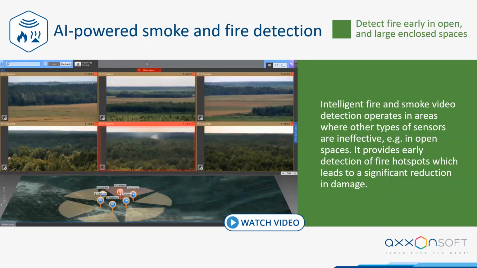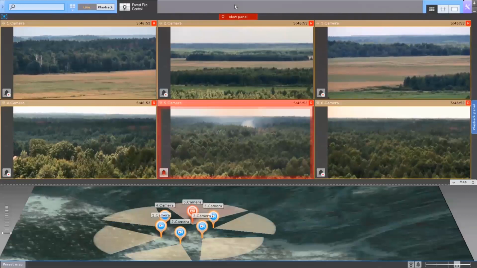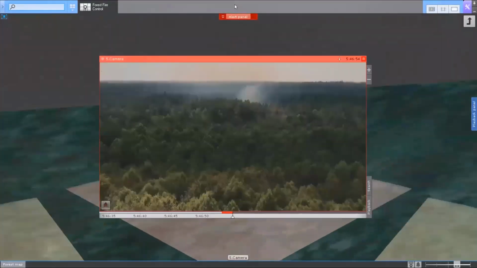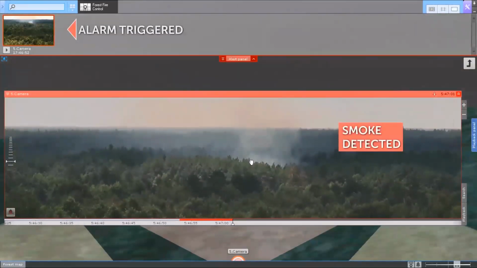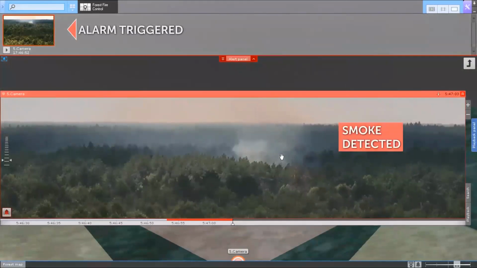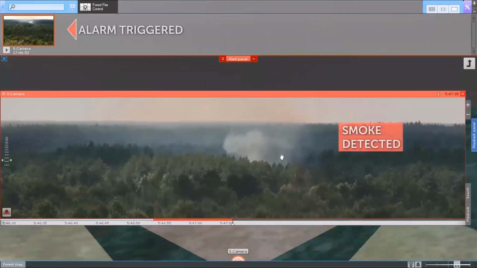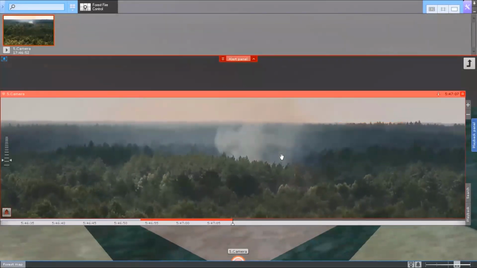All right, so turning our attention now to more generalized requests, we provided an AI-powered solution for fire and smoke detection. Let me also play the video. Fire can be detected at an early stage, so it doesn't spread into a wildfire or something that can cause great damage. In this particular case, the detection distance is up to 20 miles.